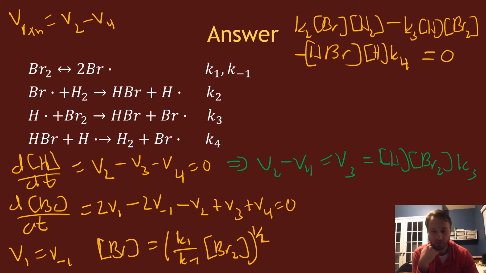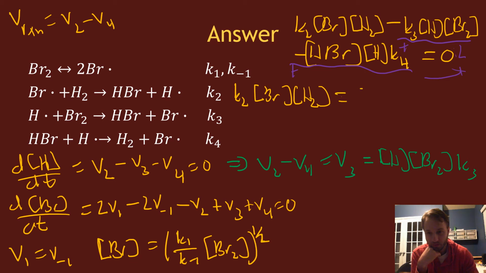All that equals 0. And I kind of use two lines here, but those things all equal 0. So you see here that this term has an H in it, and this term has an H in it. So I'm going to bring both of those to the other side. I'm going to add both of these onto the other side of the equal sign, to get the equation that K2 Br H2